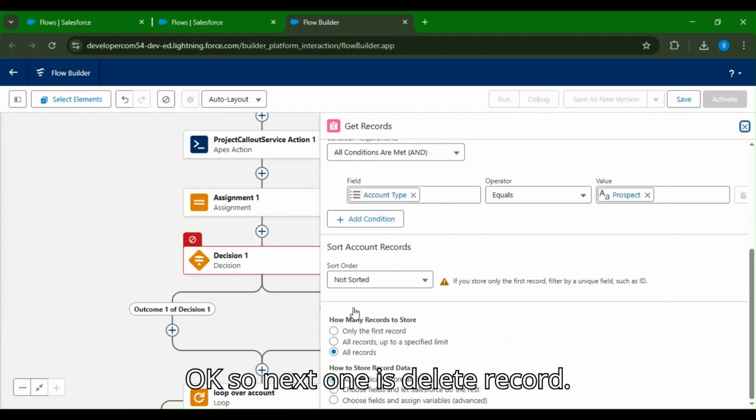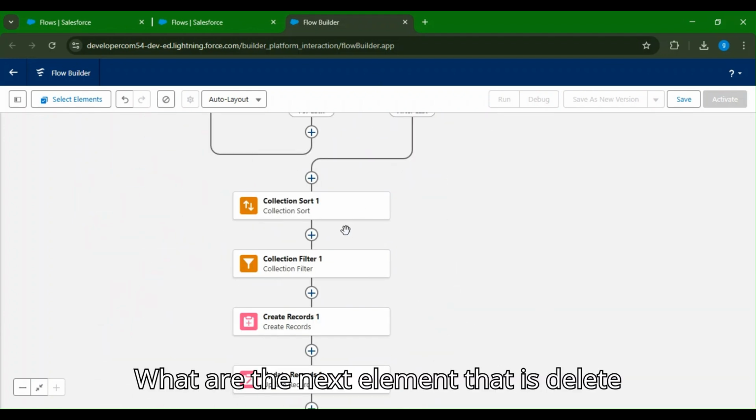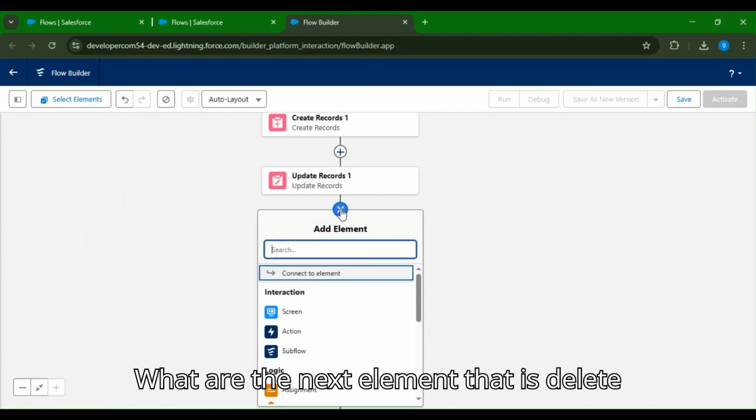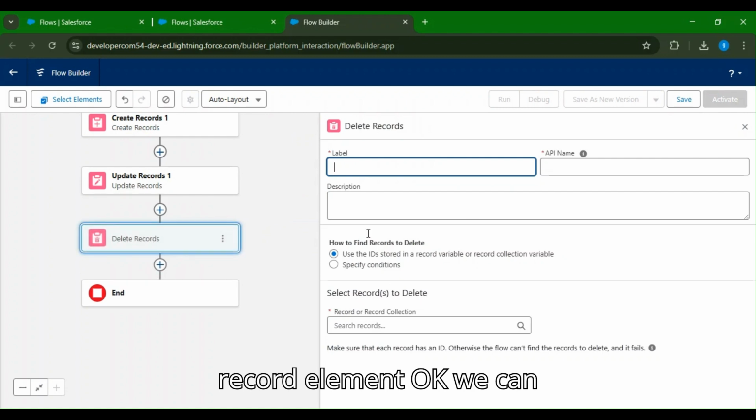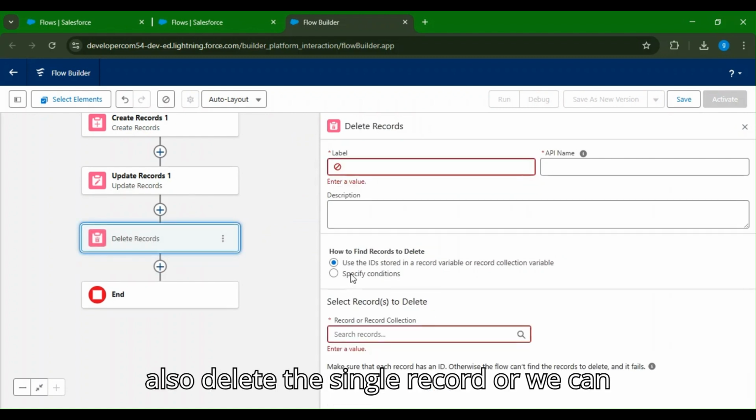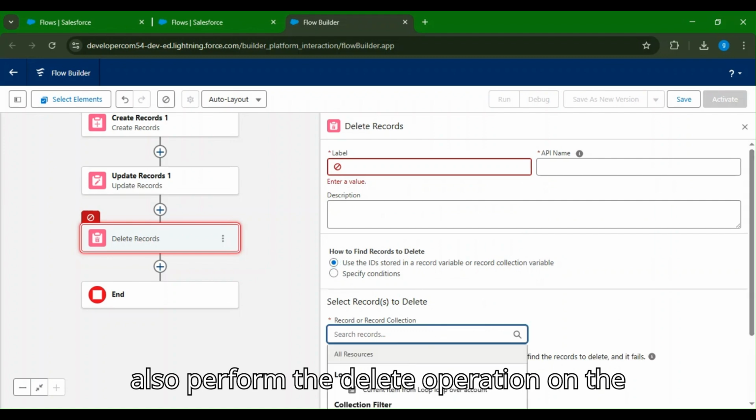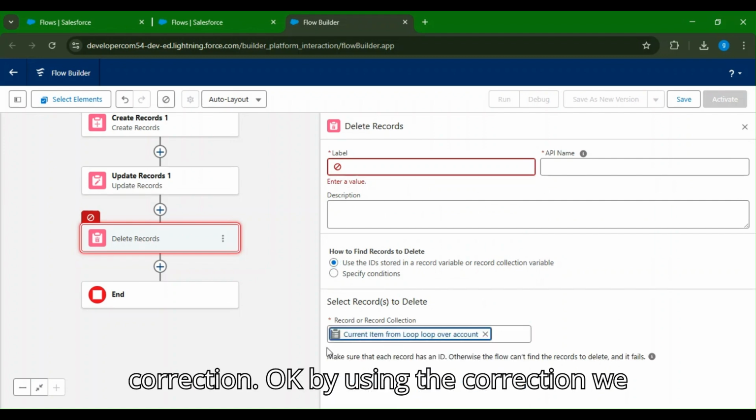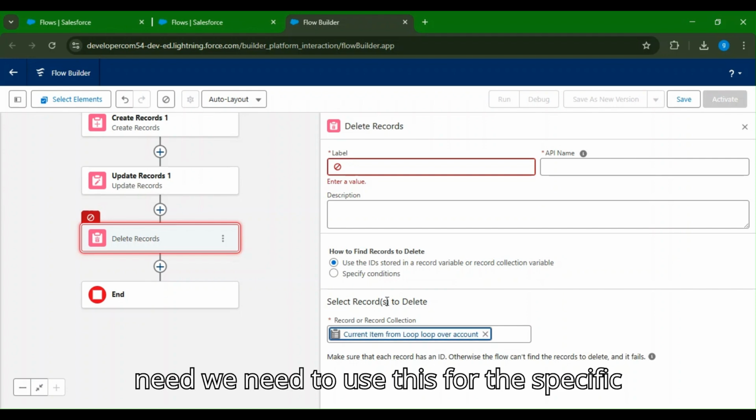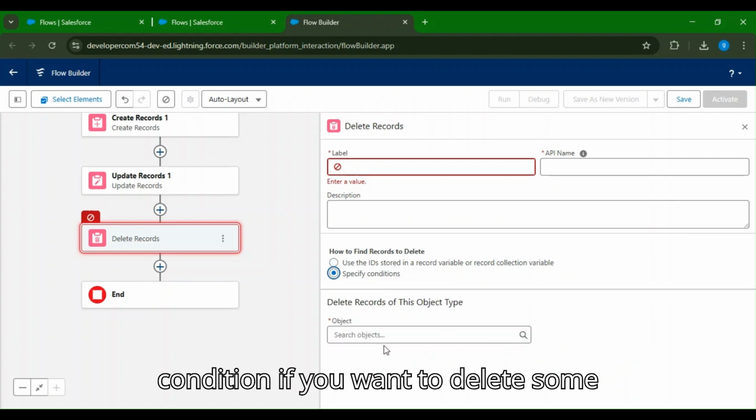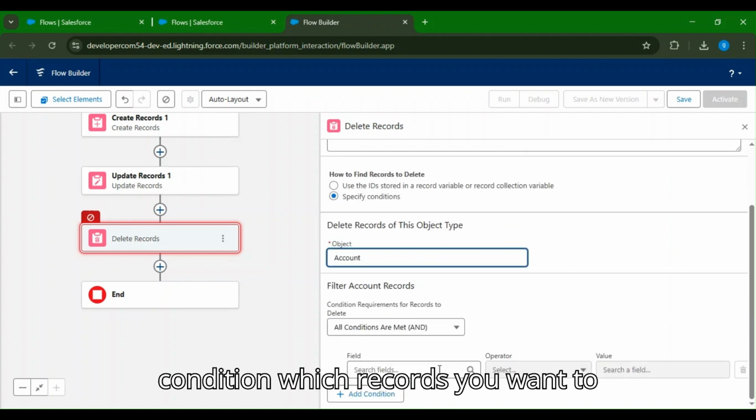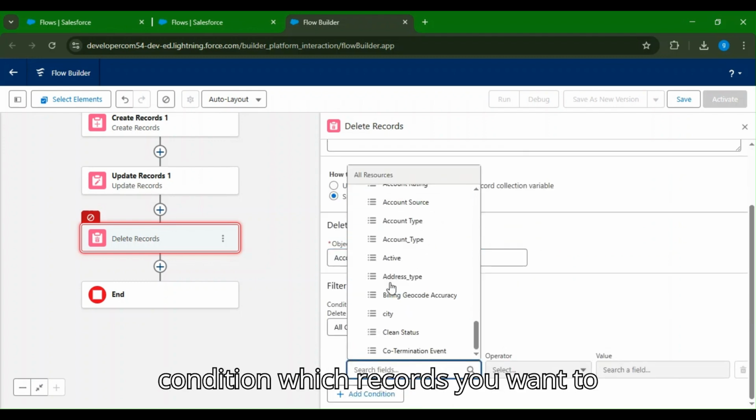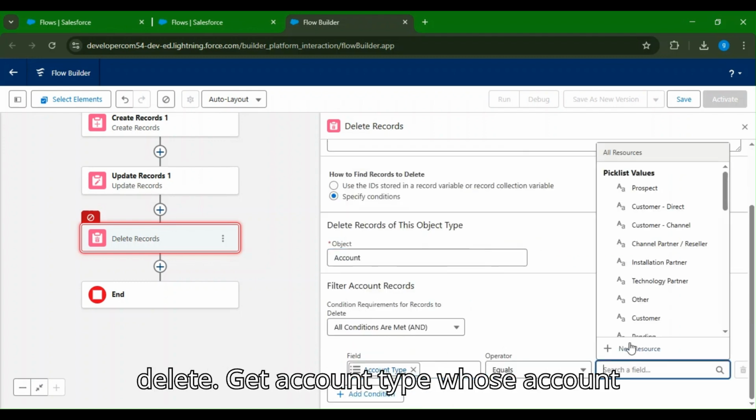Next one is delete record. That is the next element; you can see here the delete record element. We can delete a single record, or we can perform the delete operation on a collection. By using the collection, we need to use a specific condition. If you want to delete some account records, get the filter condition for which records you want to delete, get account type, with account type equals to